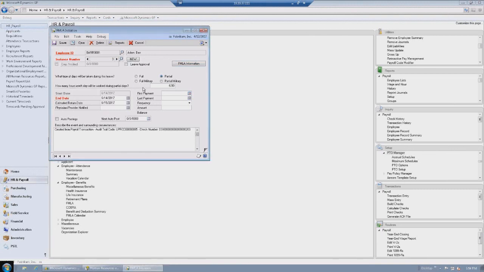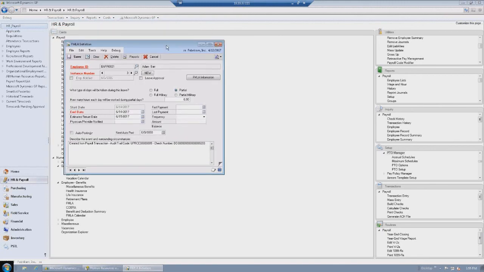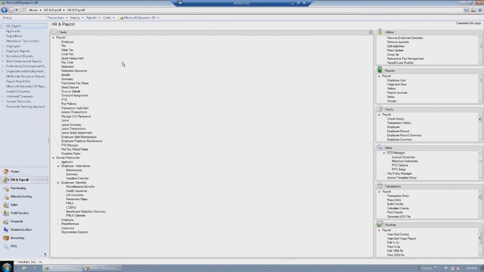You do not have to be receiving a paycheck to get that. If someone enters time on behalf for the full 80 hours, it will go ahead and create this instance out here, even though the employee doesn't have any other transactions. So we handle that automatically. There's an FMLA report that comes out also during posting on that. Okay, so I'm going to go back to